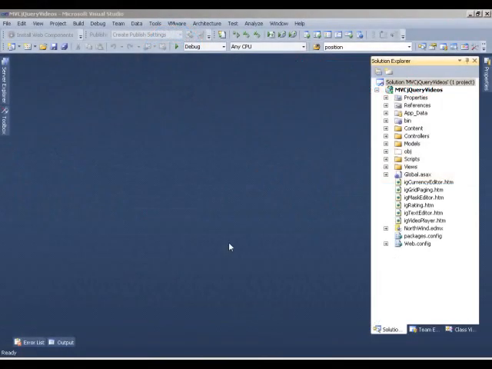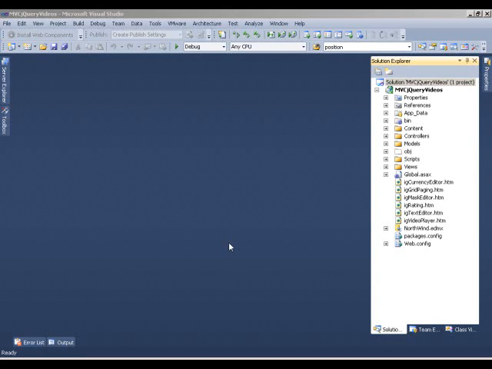Hi, in this video I'm going to show you how to use the Infragistics currency editor in your ASP.NET MVC applications. We're going to use the MVC3 Razor syntax to instantiate our control inside of a view and connect it to some model data. So what I have in front of me is an MVC project in Visual Studio 2010,